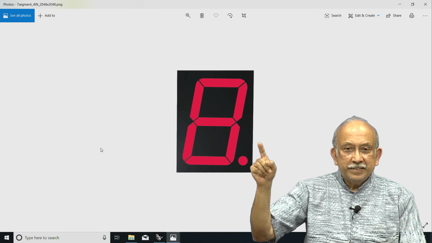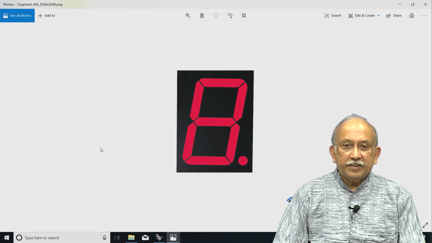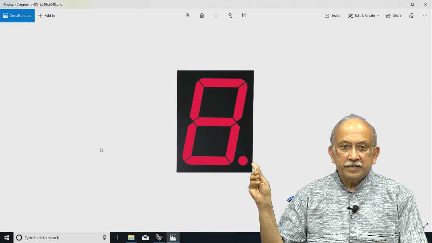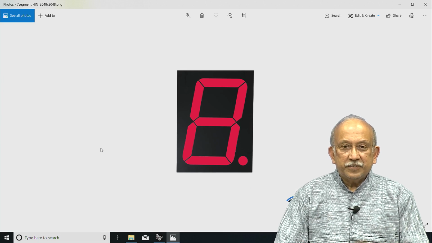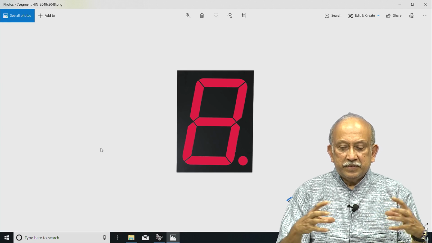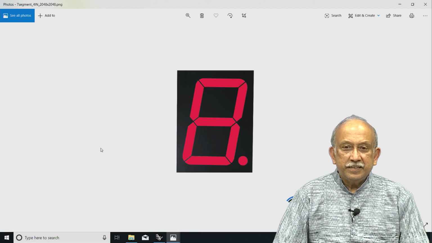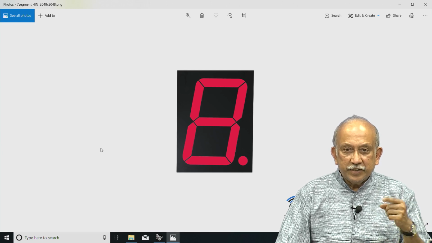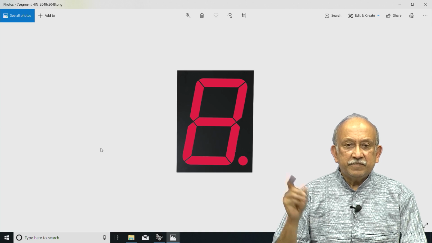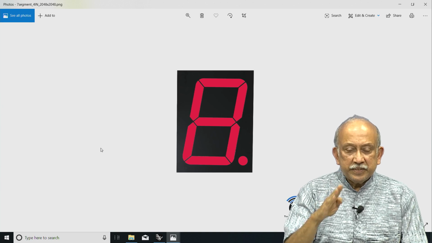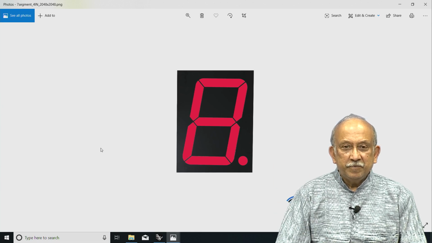You have seen here, you continue to have the basic 7 segment display with a dot there. So, the dot can be used or need not be used. Generally, when they are stacked together, they are used as a decimal element. However, if it is going to be used for a clock application, instead of a single decimal point, you probably have 2 of them, which will show the spacing between the hours, minutes and seconds.